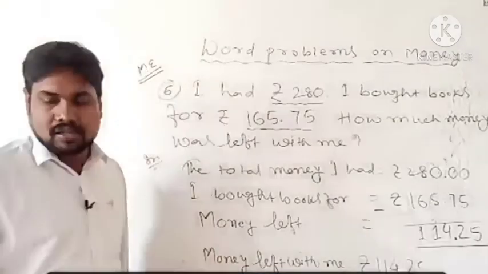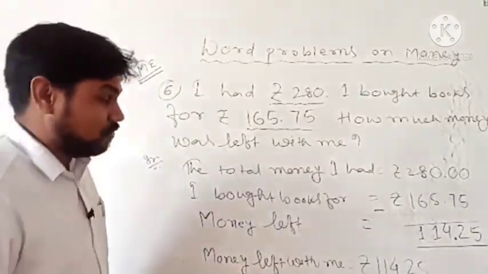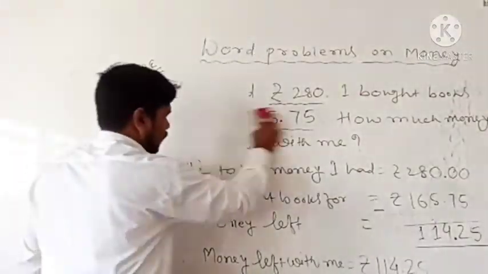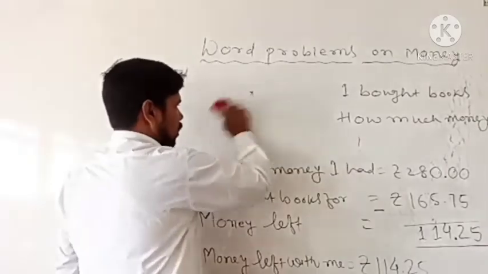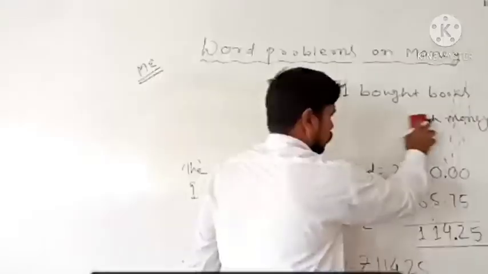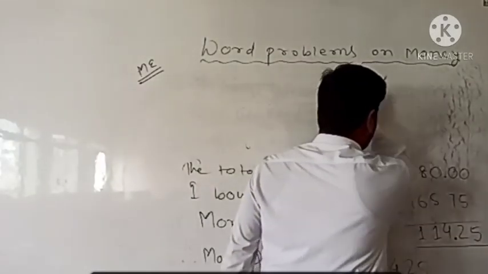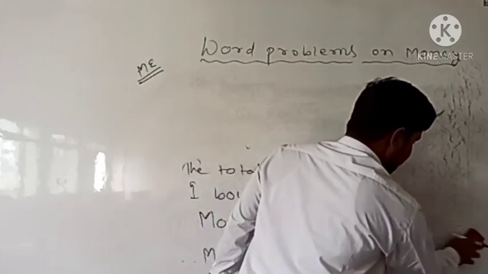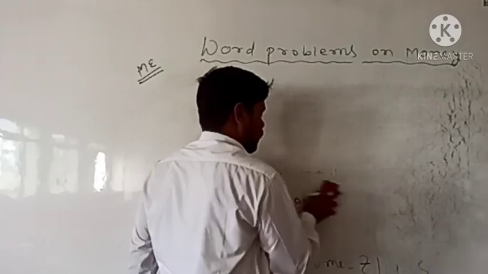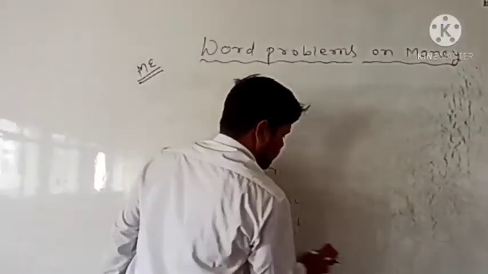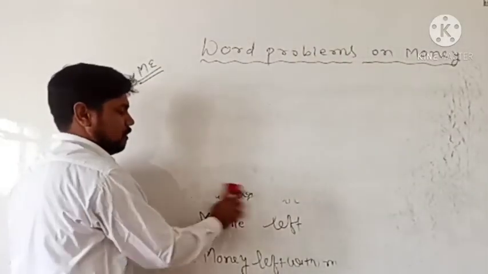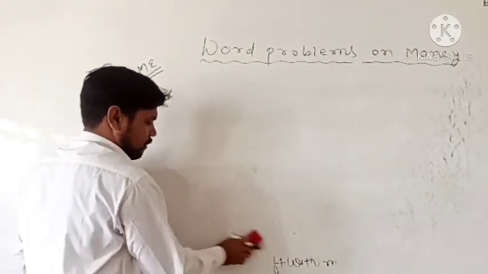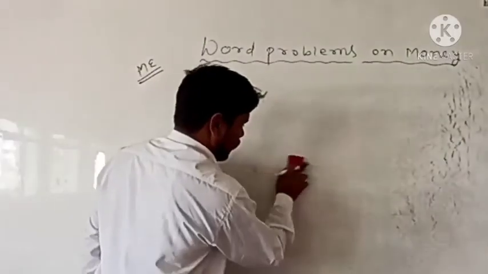So here the cost of a toffee is given as 50 paise. This you need to understand properly. The 50 paise means how much. You can do this in two ways. Either you can convert into rupees and then multiply, or you can simply multiply the paise only, and after then whatever paise come, you convert that into rupees. So it doesn't matter how you do it, however you are comfortable, you can do with that only.